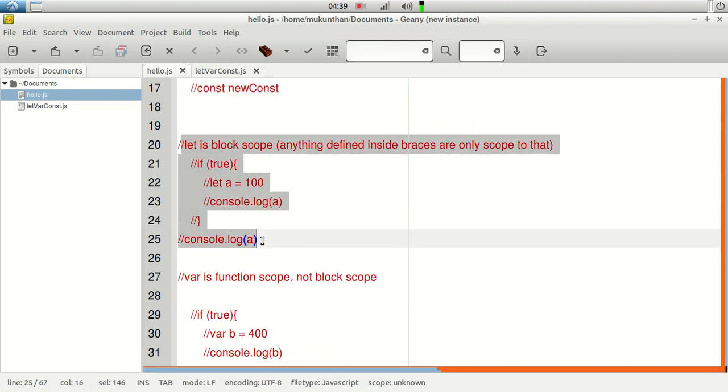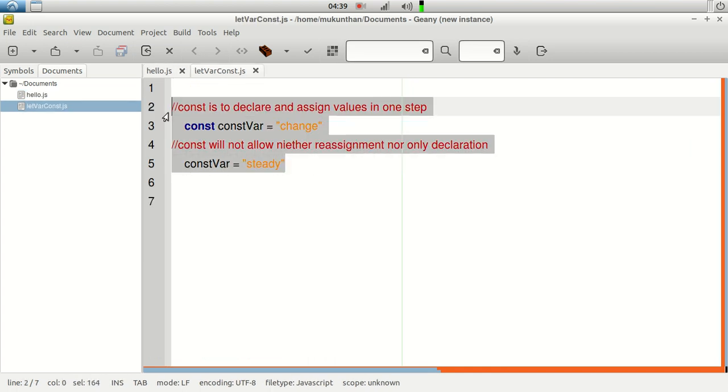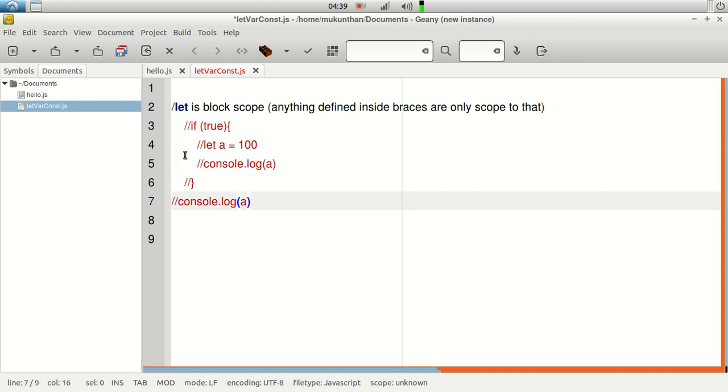Next, the very important point about let is block scope, which means that you can have the scope only inside the block. A block can be any while loop, if statement, or anything which has the braces, but not the functions. We have not seen functions so far, but we can understand that functions are like repeatable code. You can write the repeatable code inside the function with the function name, and you can call that function at a later point.